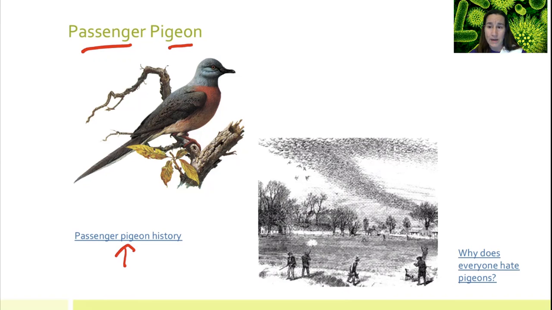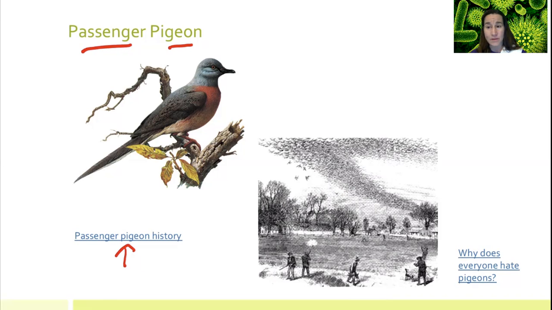So we no longer have these. The only good thing that came out of us killing off this species was the fact that now we have laws in place, that there are hunting limits and restrictions on what you can take and how many you can take and when you can take them. Those laws were sparked by the fact that there was no regulations back in the day with the passenger pigeon. You could take whatever you wanted, however many you want, and give them to whoever you want. And now we have rules because of the passenger pigeon.